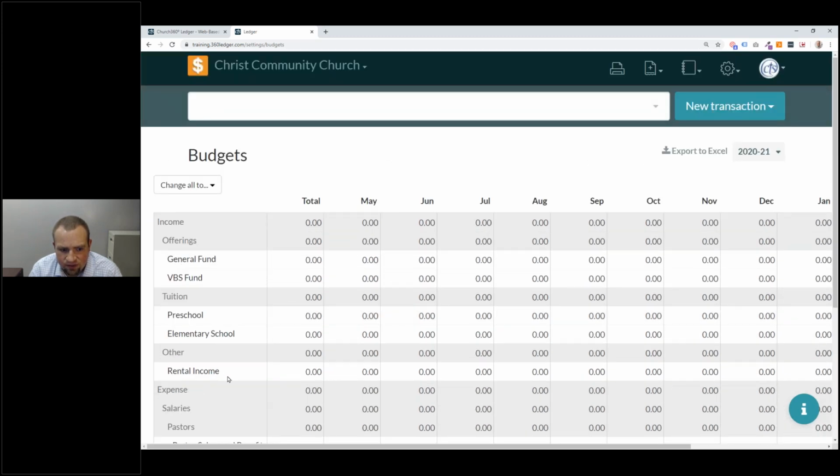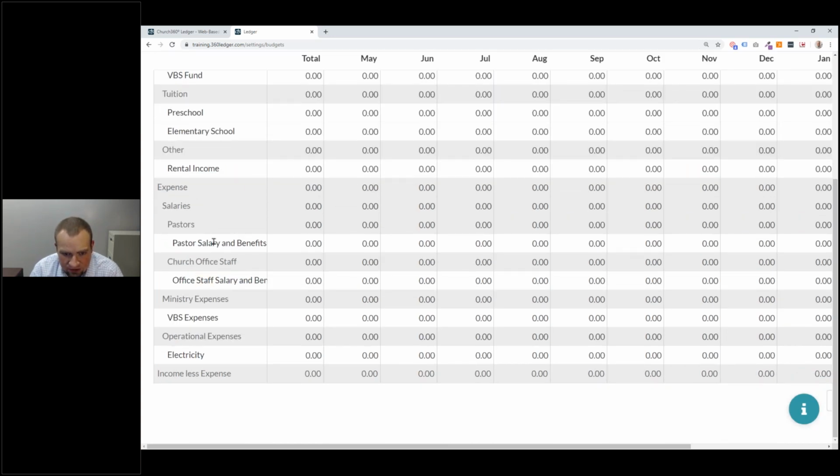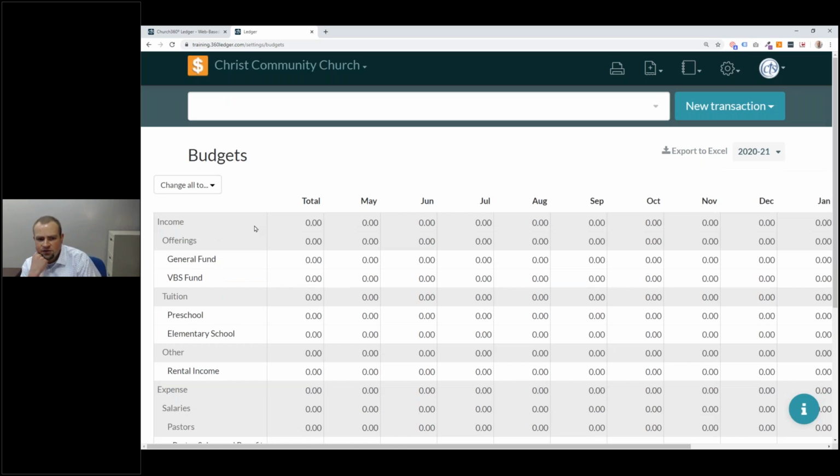Now you'll notice that we don't have unrestricted and we don't have your restricted funds here. That's because those are under assets. We only have the income and expense accounts. Those are the only things you need to budget. Now you can budget in a number of different ways. The first way, which I think is a good starting point, is to look at your total numbers and say,